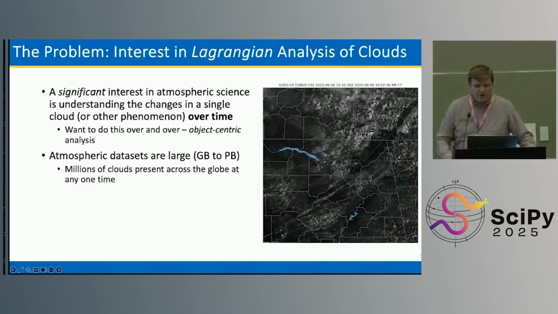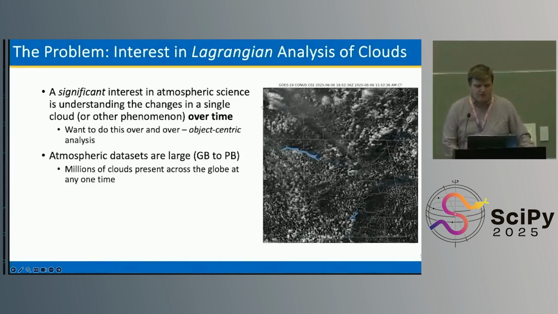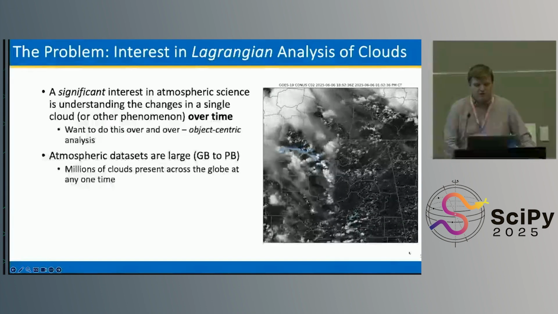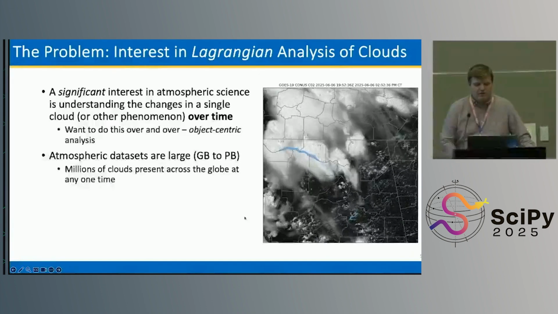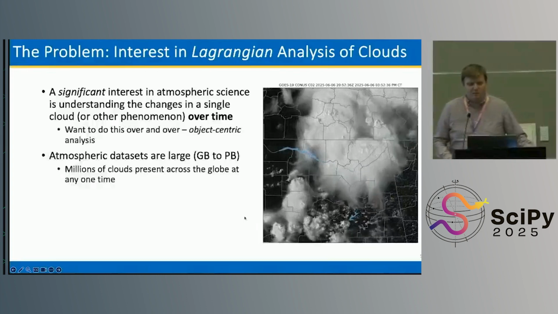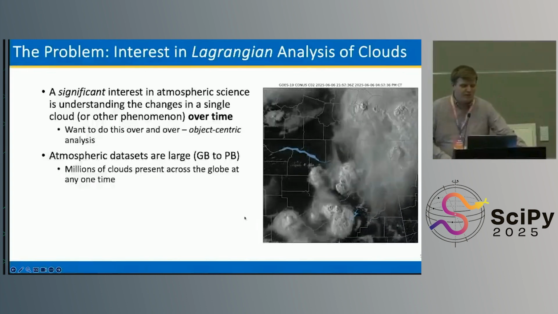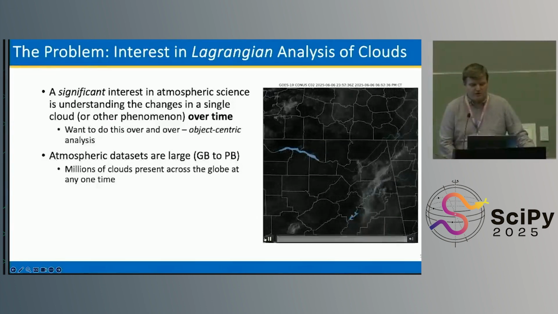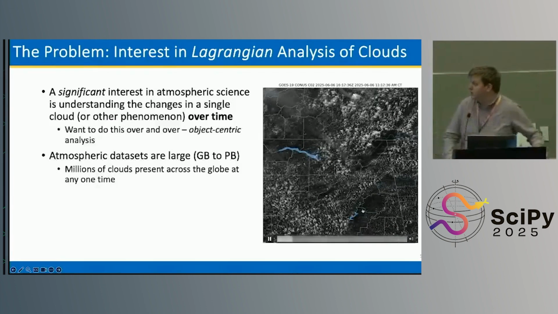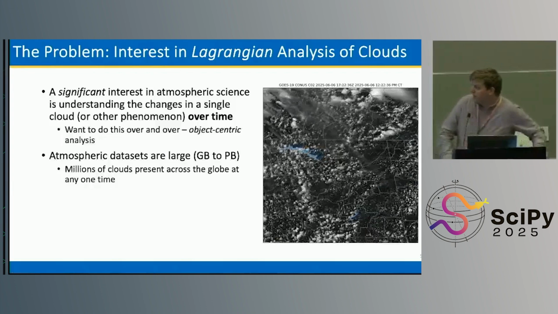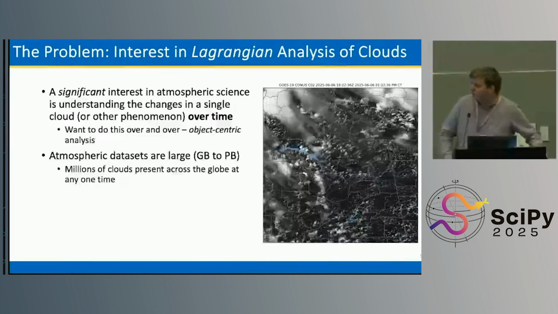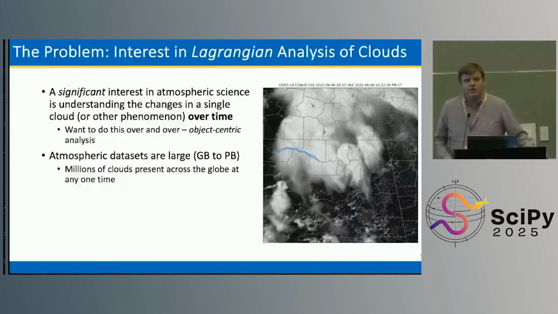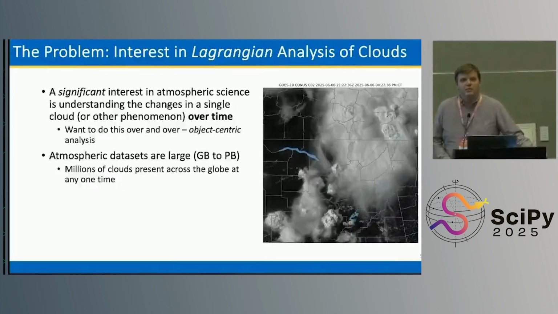This is from last month. This is the area around where I live, Huntsville, Alabama. This is about a 200 by 200 kilometer grid. This is GOES 19. I'm getting old. Visible satellite imagery here, and this just basically says what can we see from space in terms of satellite imagery. Every one of those little white specks, and they'll get smaller as you get further back in the room, every one of those little individual white specks is a cloud. We want to understand what each and every one of those is doing over time.